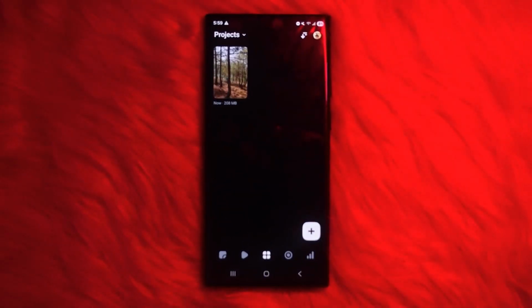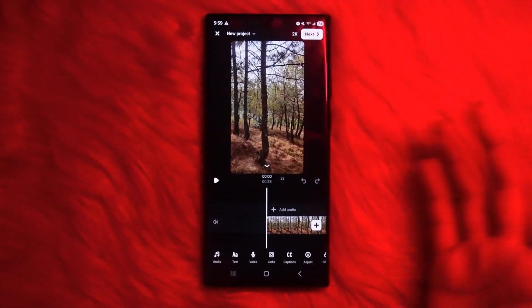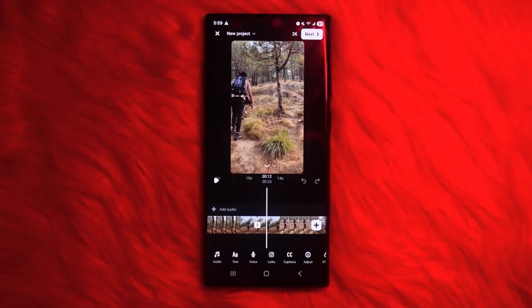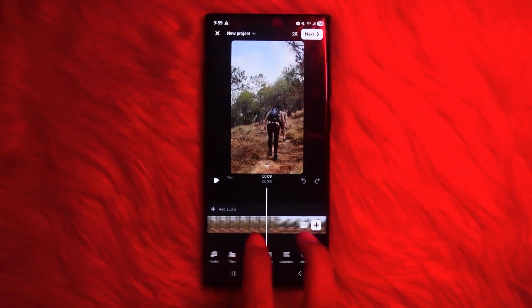Once you do so, head to this project option from your bottom navigation bar. Then select the ongoing project or just start new by simply tapping this plus icon. I'll be selecting the ongoing project, and to use these tracking handles, what you can do is simply pinch on